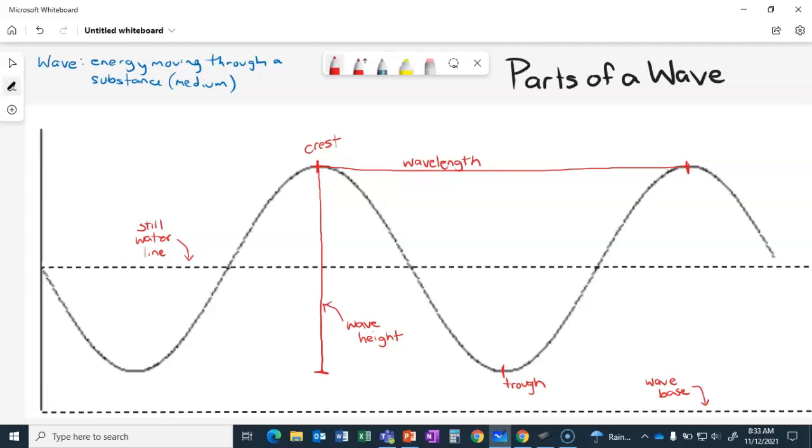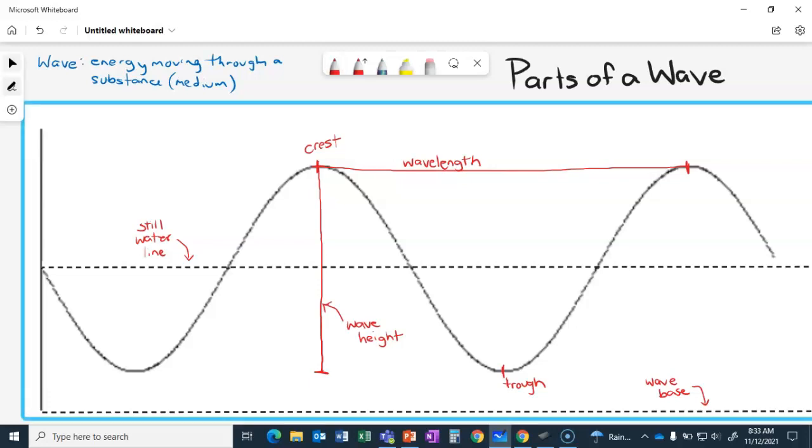This is simply giving you an opportunity to see some of these different terms and to know where they are as part of a wave, because you'll hear us refer to these different things over the next couple of lessons. All right, ladies and gentlemen, make sure that this paper goes into your current unit of your binder.